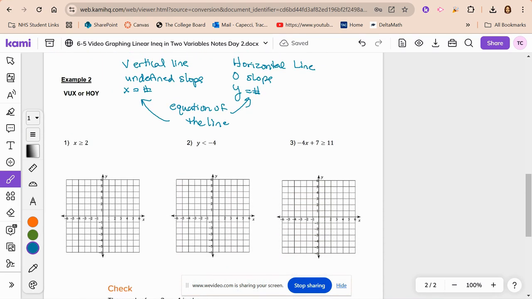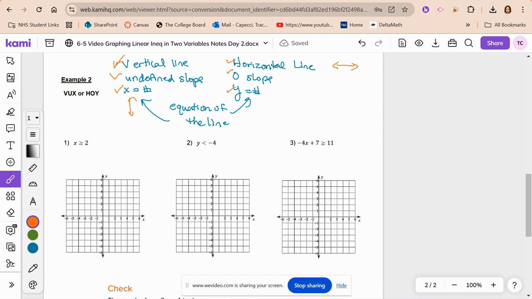Okay, we're going to continue on. We're going back to VUX or HOI, which we've talked about in just graphing lines. Now we're going to use it again when graphing inequalities. So just as a reminder, the VUX stands for vertical lines. They have an undefined slope, and their equation of the line begins with x. x is equal to a number. That's going to be a vertical line, right? Something like this. A horizontal line, which runs in the other direction, my HOI,